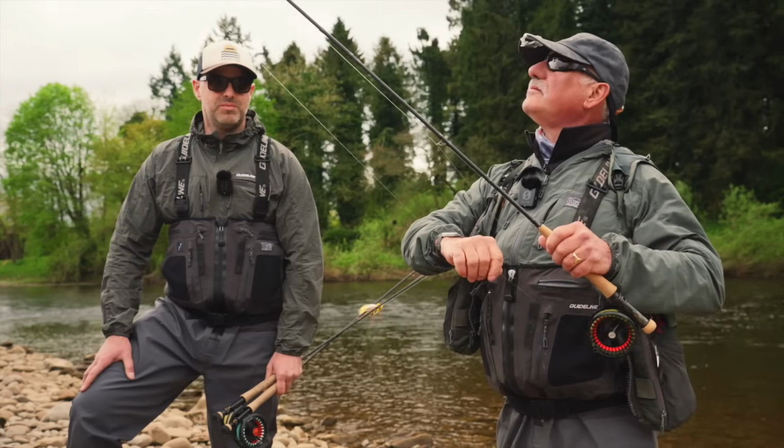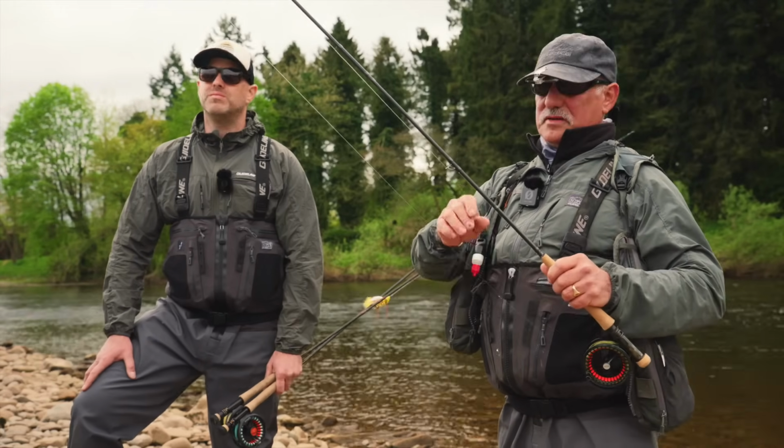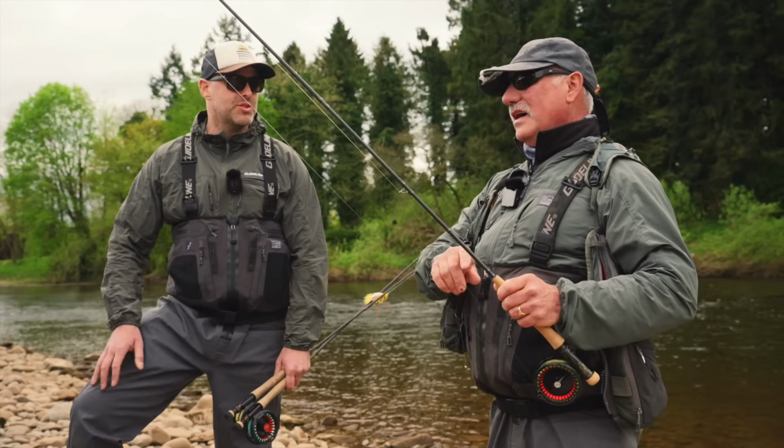So I've probably got 6-7 foot to my first fly. Is that determined by the depth of the river? No. Just that's yeah, just the...